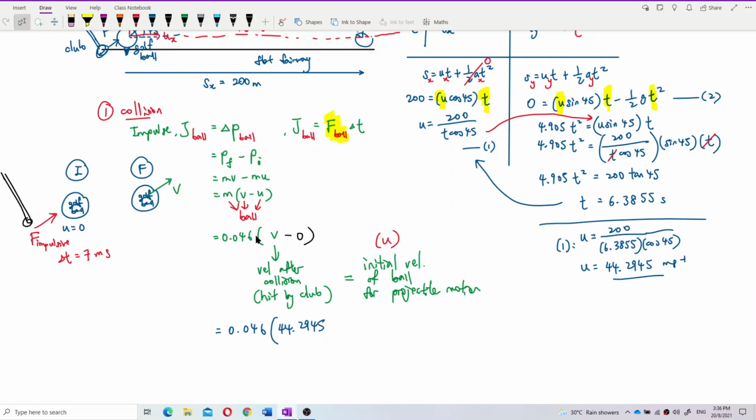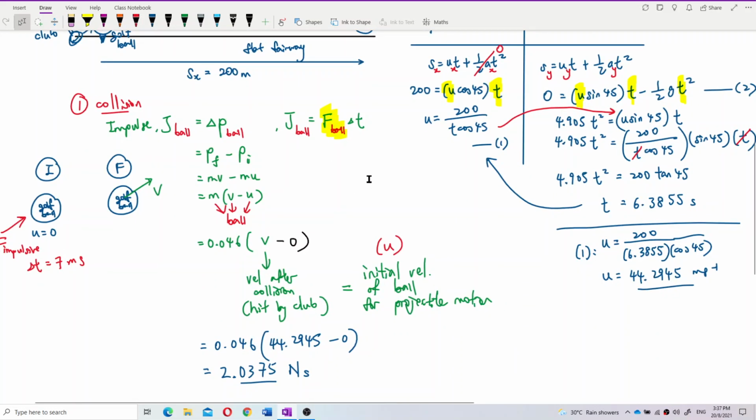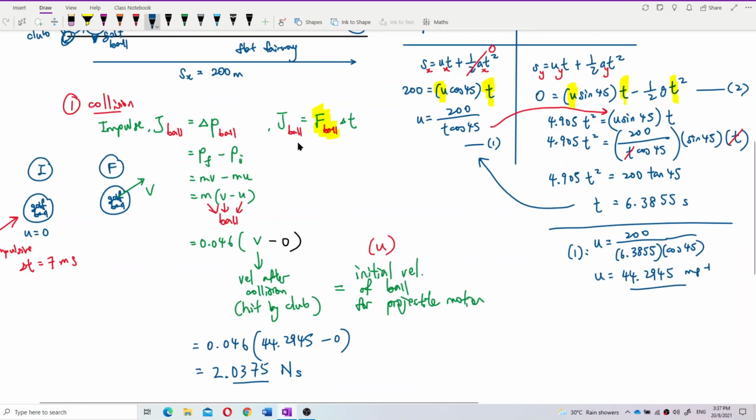44.2945 minus 0. Let's calculate the impulse. Yes, I got the impulse as 2.0375 Newton second. That's the impulse. So now I can find the impulsive force. I got the impulse already, so I just put 2.0375 equal to